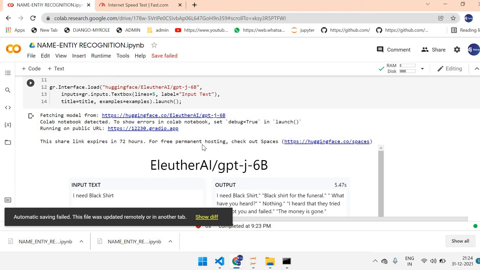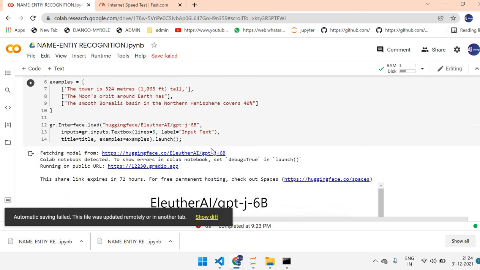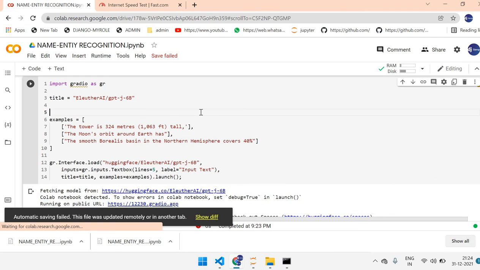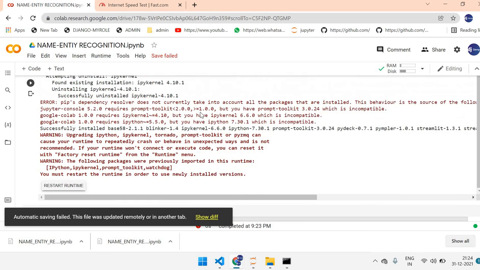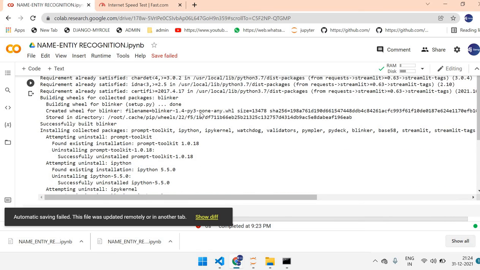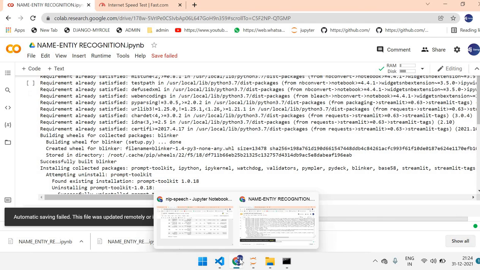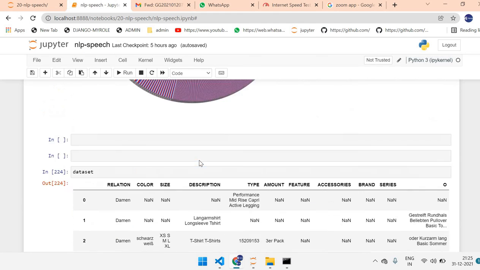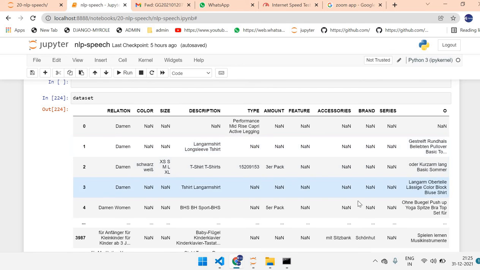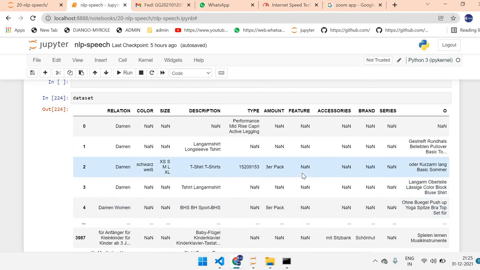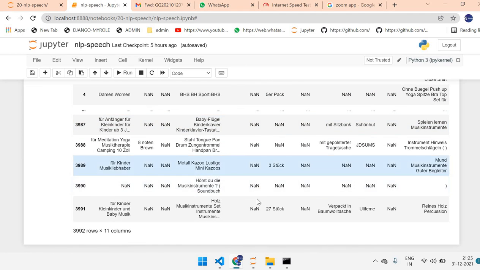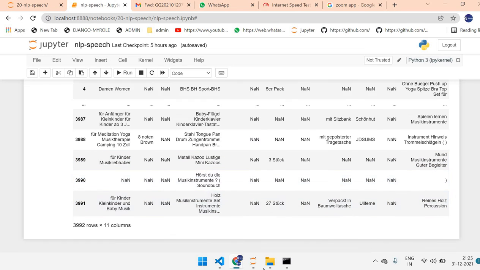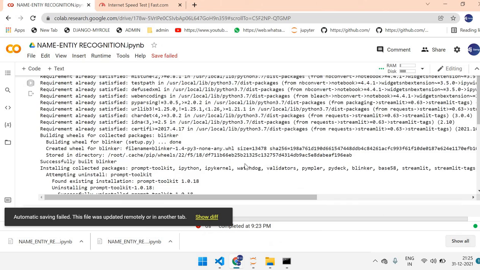The link will change after every 72 hours. This is a different process, NLP. NLP is not permanent. After 1 year, or 1 month, or 1 week, you can check it: your data will change 100%. I am sure, but your database is wrong. Yes, I checked. See here, some of the rows are none, all are none. You put the information as none. So your database is absolutely wrong, that's why I could not use it. Suppose if you want to use your database, you can connect it here. You will get this output format.